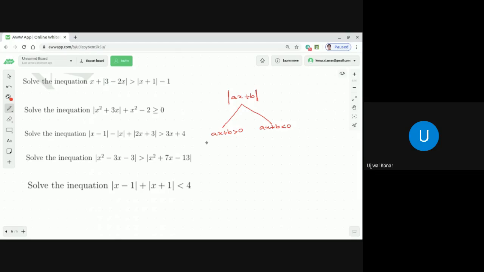When ax plus b is greater than 0, that means x is greater than something, so you will get one range of values of x. Here also you get another range of values of x. Based on those ranges of values of x, you can approach the solution. So this is one guideline. Another: whenever you see something not exactly falling into what we have discussed, then you can apply that concept also. Now, as all the DPPs are done,